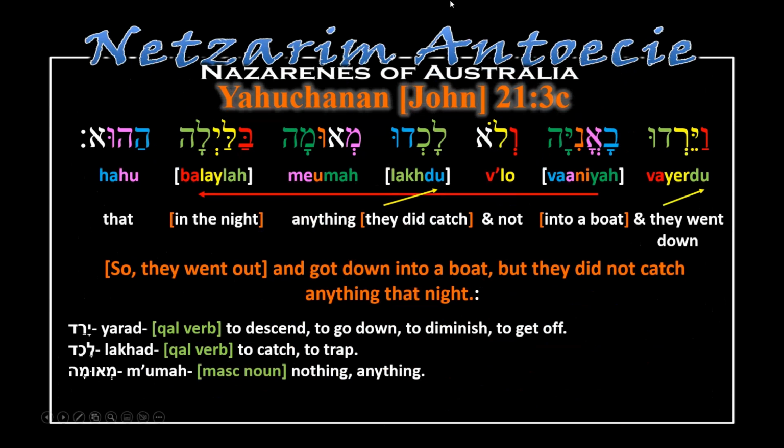And then we come to 3C. And the letters are Vav, Yod, Resh, Dalet, Vav. Veit, Aleph, Nun, Yod, Hey. Vav, Lamed, Aleph. Lamed, Kaf, Dalet, Vav. Mem, Aleph, Vav, Mem, Hey. Beit, Lamed, Yod, Lamed, Hey. Hey, Hey, Vav, Aleph. And we read,